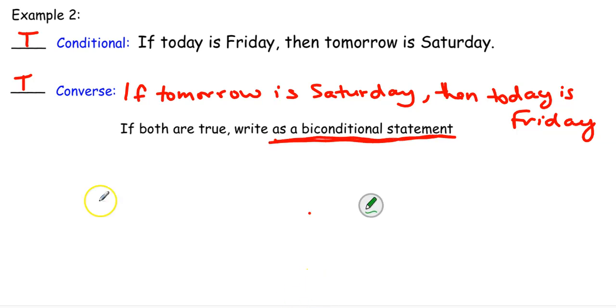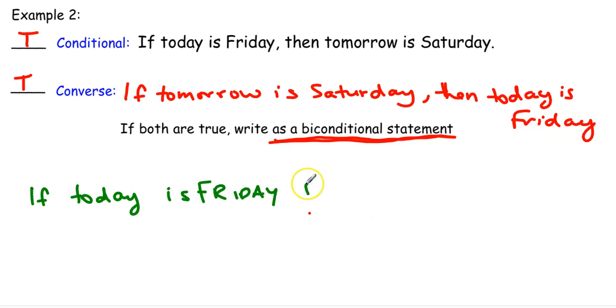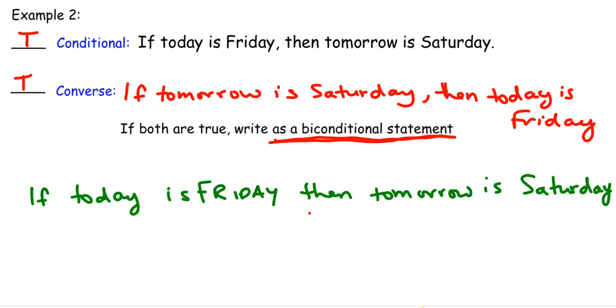So my biconditional statement, this is the easiest way I like to do these. Take that original conditional and just rewrite it. If today is Friday, then tomorrow is Saturday. The easiest thing to do, cross out the if, cross out the then, and put your if and only if in the middle. IFF is a shortened way of writing this. If and only if. And then read it and